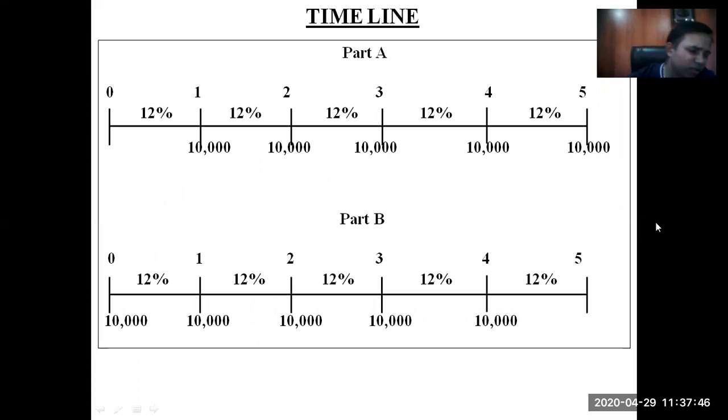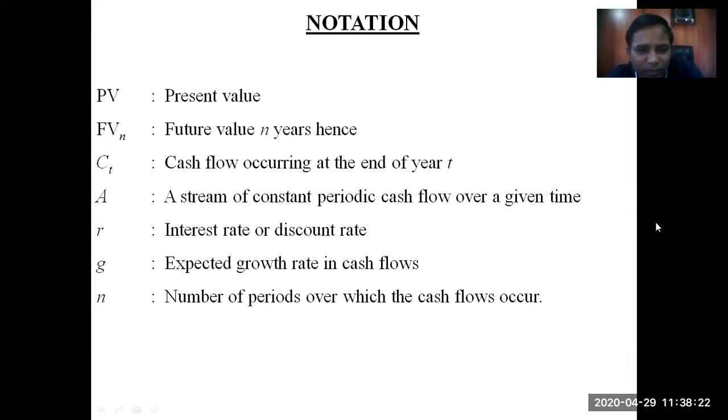I told you that whenever you are solving sums of time value of money, you should always prefer to draw a timeline. This timeline will help you understand a rupee today and a rupee hence, that means the value of money today and the value of money after a period of time. If your cash outflow starts from today, you need to follow part B. And if your cash flow is going to start after 1 year, you need to follow part A of the timeline. You need to prepare this timeline accordingly, so that it will help you understand and calculate the right time value of money for a given time period.